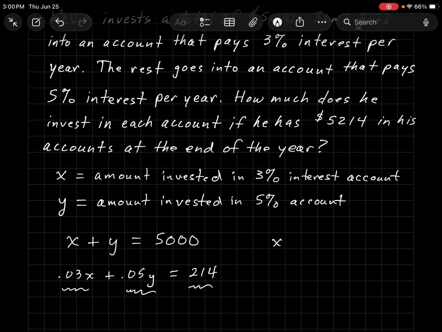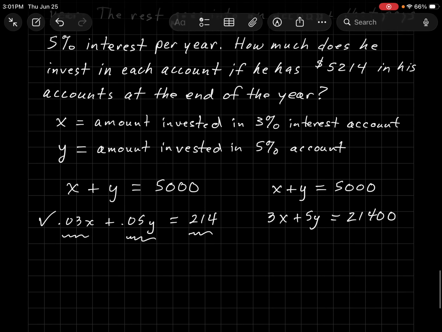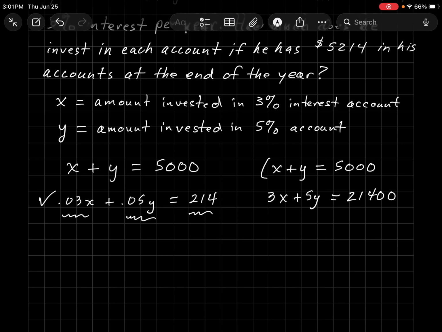I'm going to rewrite over here on the right. x plus y equals 5,000. I'm going to multiply the second equation by 100. So give me 3x plus 5y equals 21,400. And then you can solve however you would like. I'm going to choose to solve it this way, by multiplying the top equation by -3 and then adding the two equations. When I do this, I get -3x